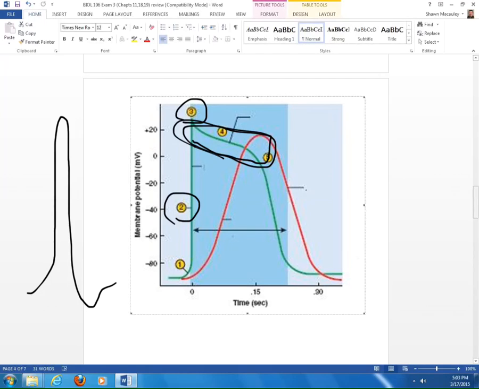The red line represents the actual contraction of the heart muscle. So again, there's a rapid depolarization of the cell, but there's always a delay, right? There's always a delay between the electrical activity and the actual activity of the muscle. So the red just says, okay, the heart's going to go up and come back down, and it's a much longer